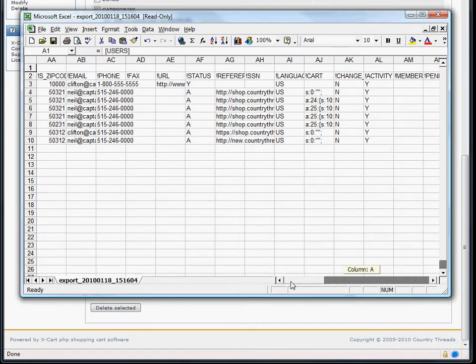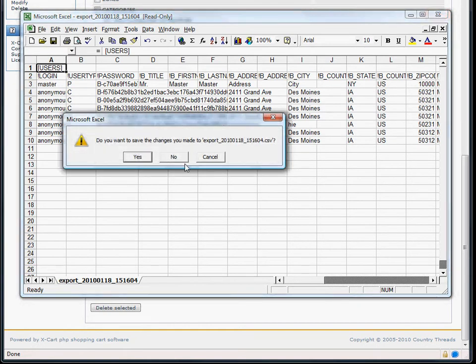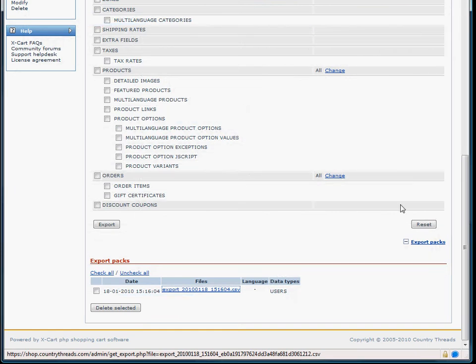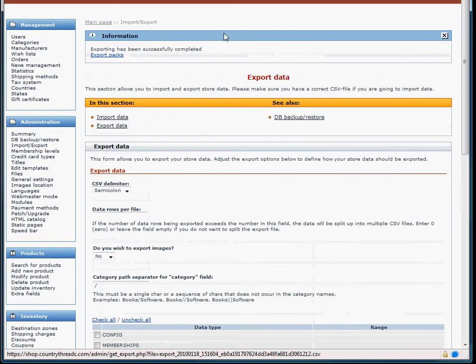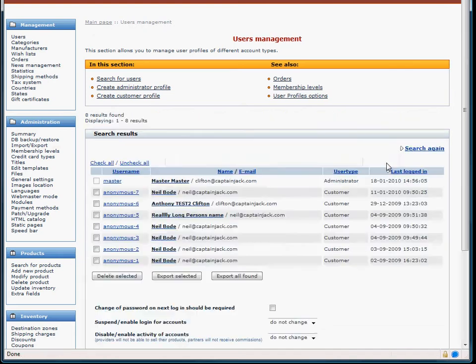And so you might be able to use this to import into an accounting system, or to generate a mailing list for sending out paper newsletters or something like that. That's what the export's good for. So we'll just close that out here, and we'll return to users. So returning to users, we'll list the users again,